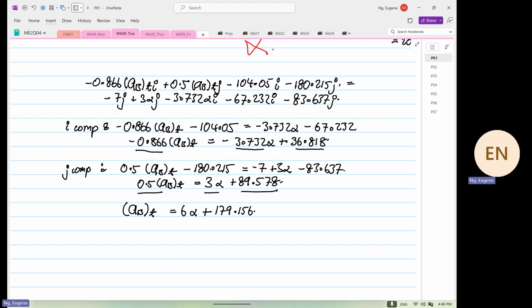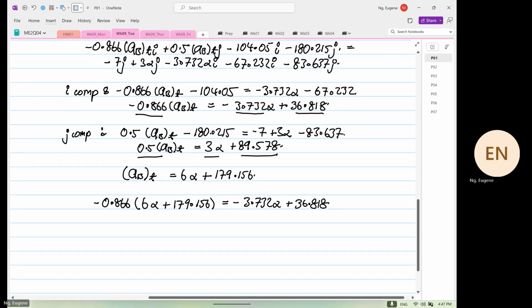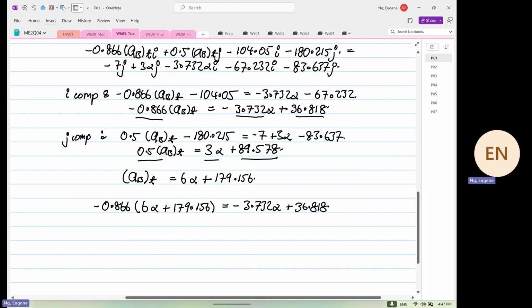So from here, we have minus 0.866 multiplied by 6 alpha plus 179.156. And this will be equal to minus 3.732 alpha plus 36.818. So 6 multiplied by 0.866 is minus